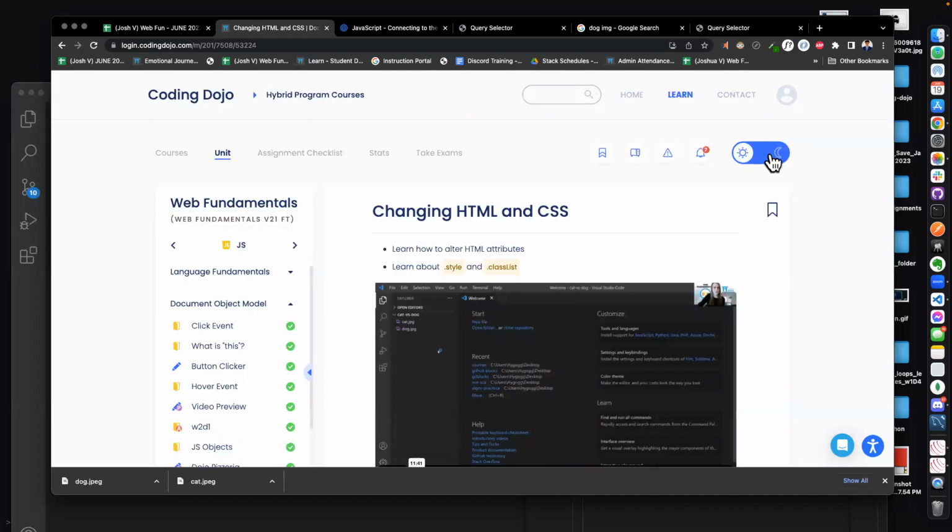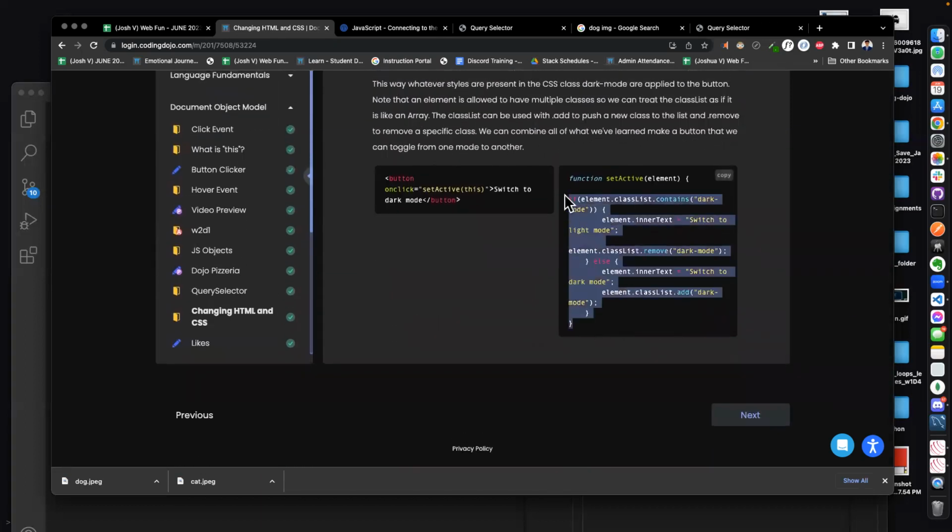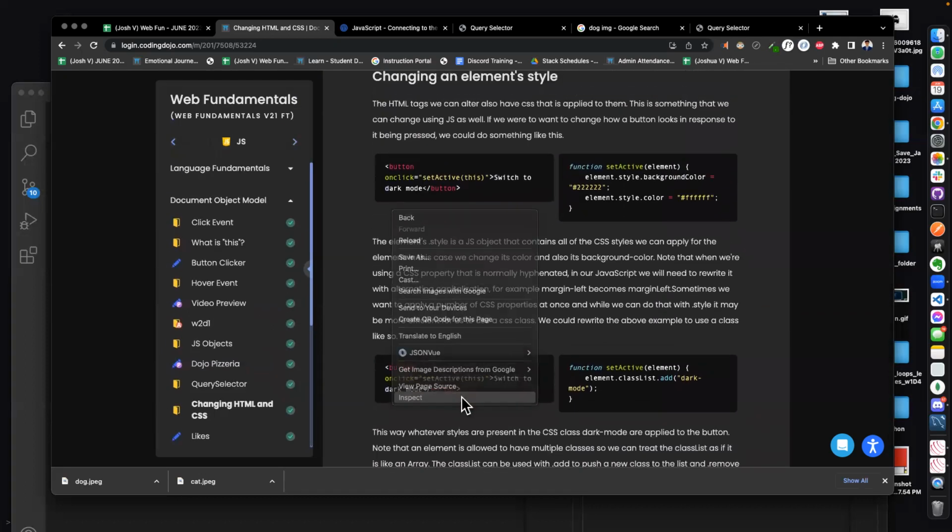How was this built? This is built using something just like this. If element.classList contains dark mode, element.innerText switches to light mode. This is switching the text, but switching the actual colors is just a matter of functionality, finding the colors and then switching them on the page. But we start by creating a functionality, switching the words. Once we make the word switch, we know that we can replace the values of what we want to be switched. Right? I bet that if we inspect this page here,